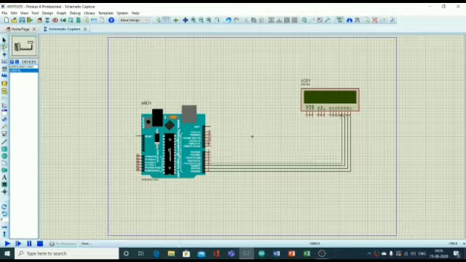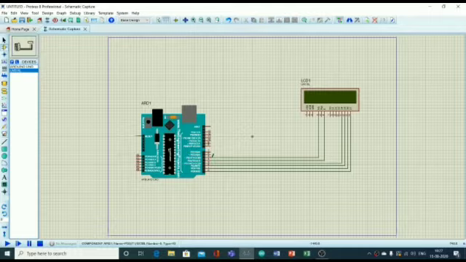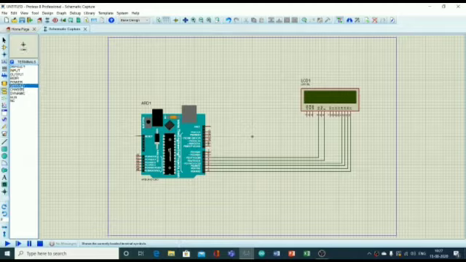Normally this pin is grounded to write data to LCD. Register select pin is used to shift between command or data register. VSS pin is connected to ground and VDD pin is used to power up the LCD.